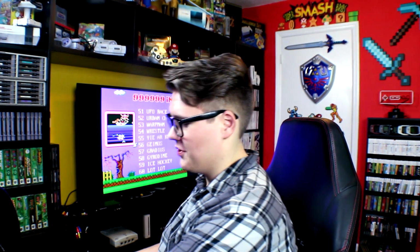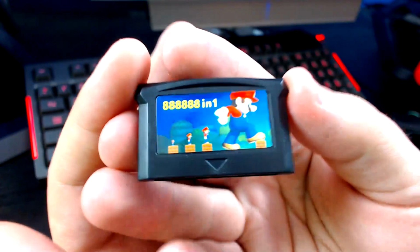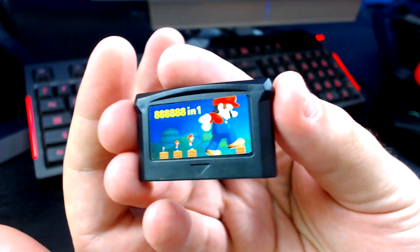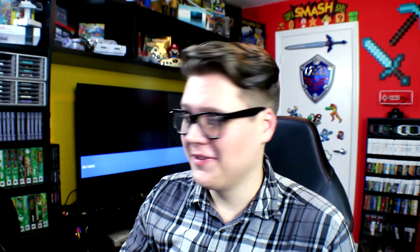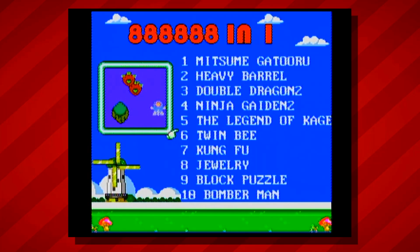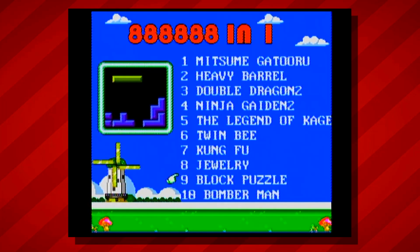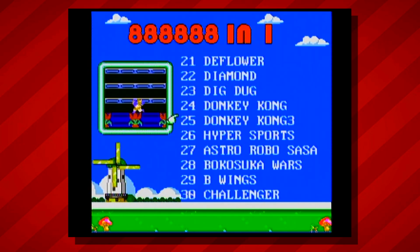So let's pop in the cartridge and see what else we can find. Funny enough, this cartridge claims to have another nearly 900,000 games and has some art from New Super Mario Brothers on the front. So let's see if that's indicative of the content therein. Okay, looks like some more unlicensed NES games. We got Ninja Gaiden, Kung Fu, Bomberman, the original Donkey Kong, Donkey Kong 3,